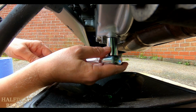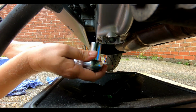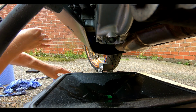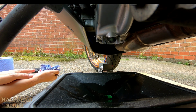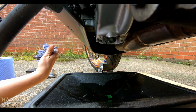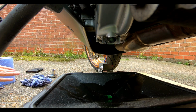Sorry if the camera's shaking about every now and then. Right, that should do the trick. Just keep checking for the first couple of days or so, after the next few days, for leaks from the sump plug, and obviously from anywhere else, after a ride just to be sure, and recheck your oil. Obviously we've still got to fill that. I've got to try and show you